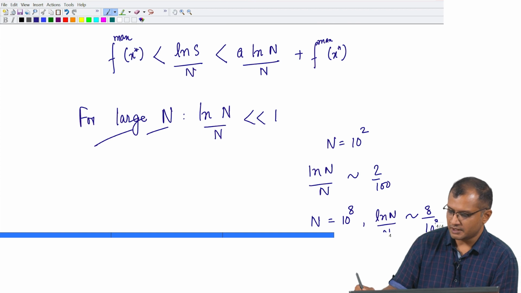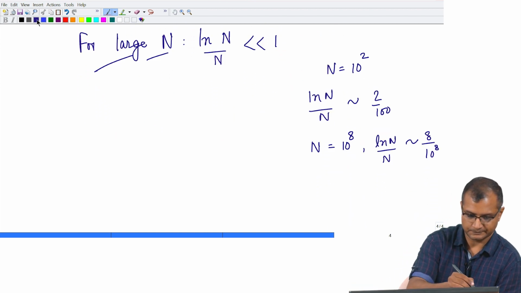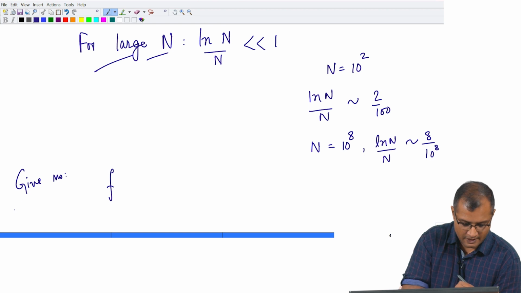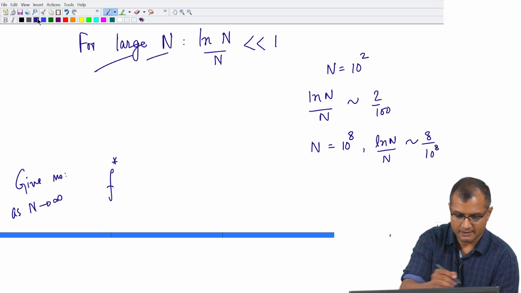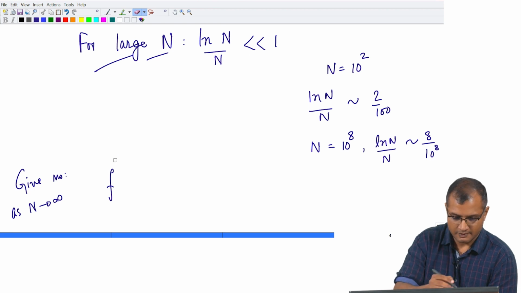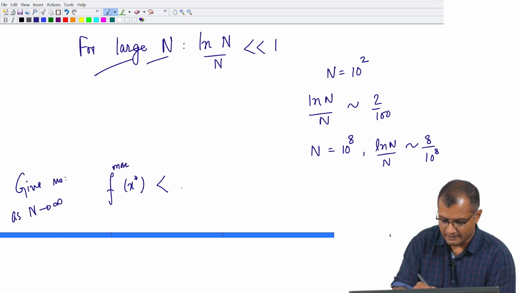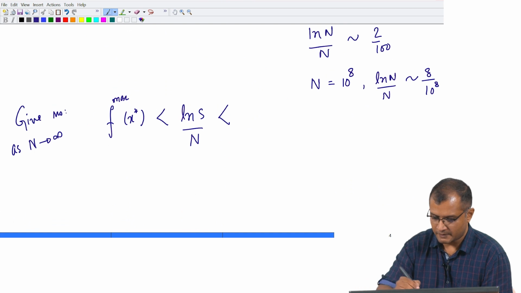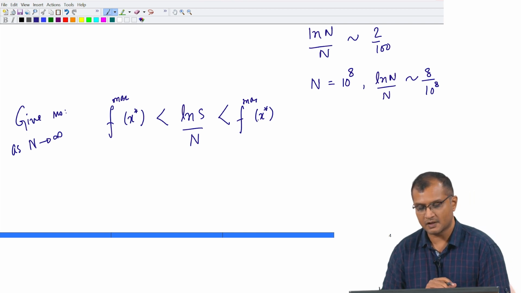So, I can then recast my inequality here, okay, as simply, so this gives us, as n goes to infinity, f max at x star less than ln s by n, which is, I am going to drop my a ln n by n, and simply write this as f max at x star. Now, you can see that ln s by n is now bounded from above and below